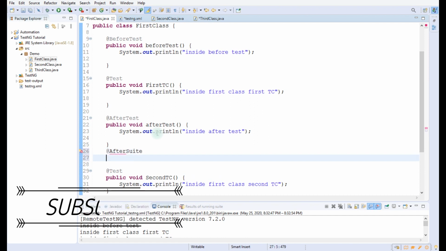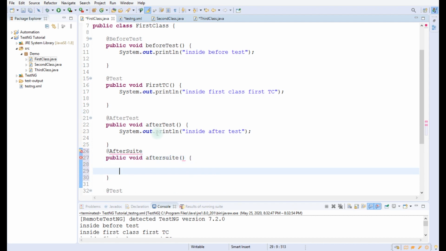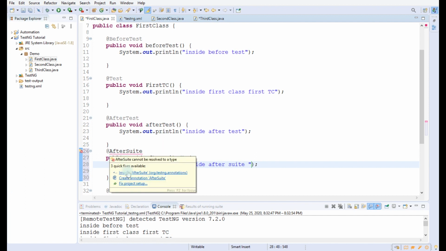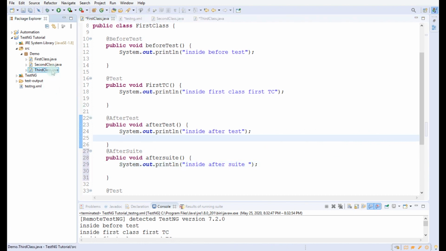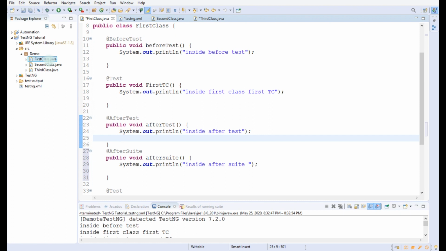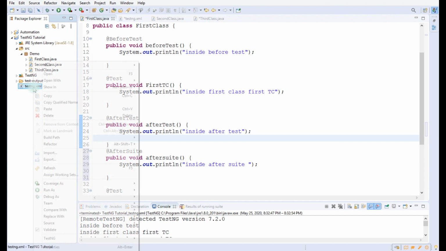After suite, and we will create a new method, and inside the method we will write inside after suite, and we will import the annotation. Right, so I have written the before suite in the third class and the after suite in the first class, and now let us save this and see what happens in the execution.